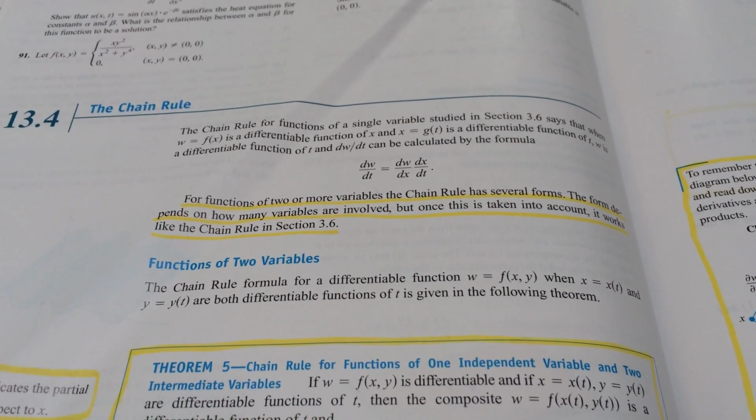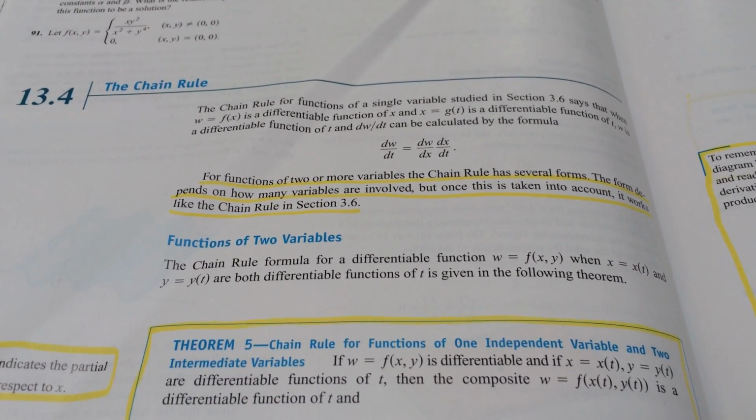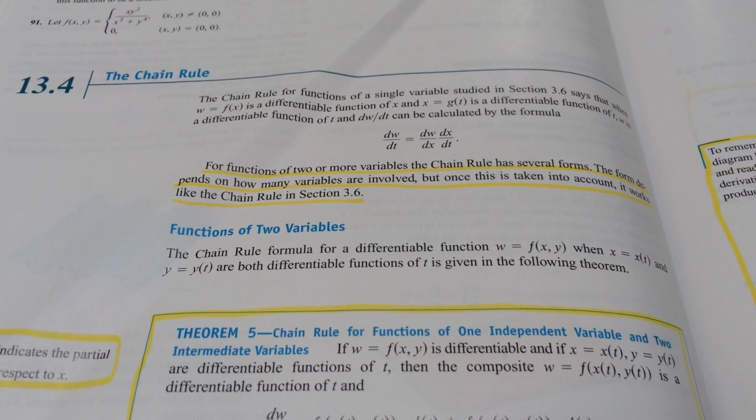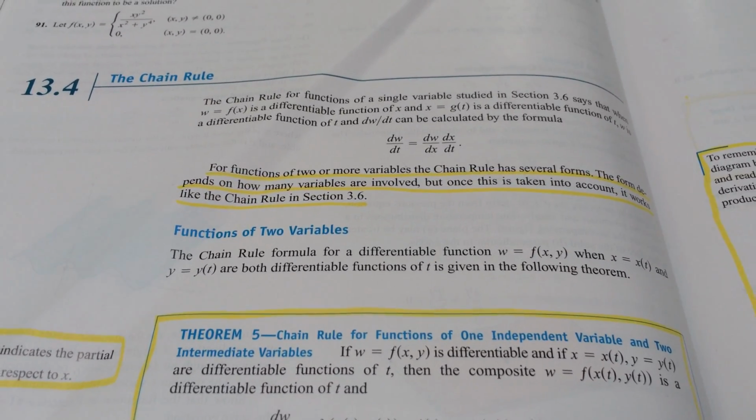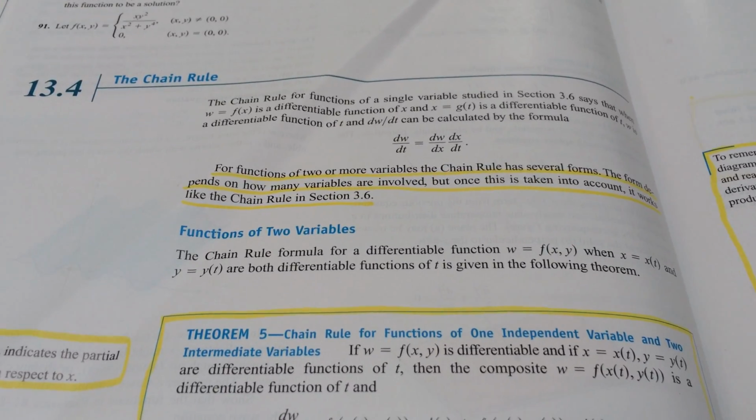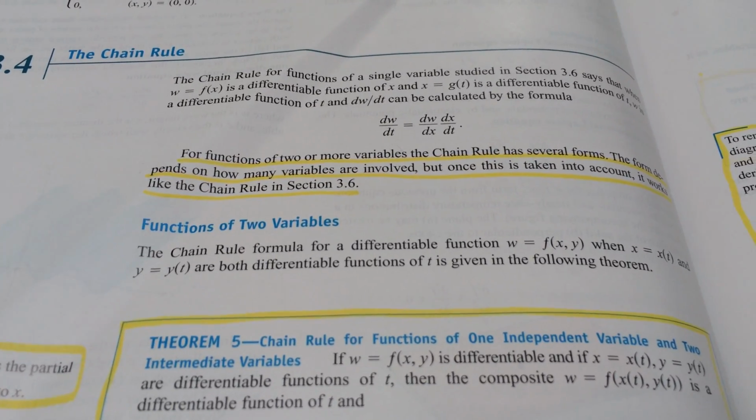Okay, this is the 13.4 video. It's on the chain rule. This is kind of a continuation of last section, which was partial derivatives. So this is partial derivatives, functions of multiple variables, but now these are going to be ones that require chain